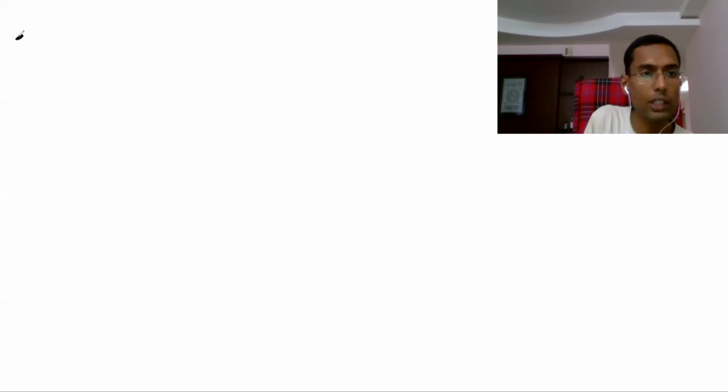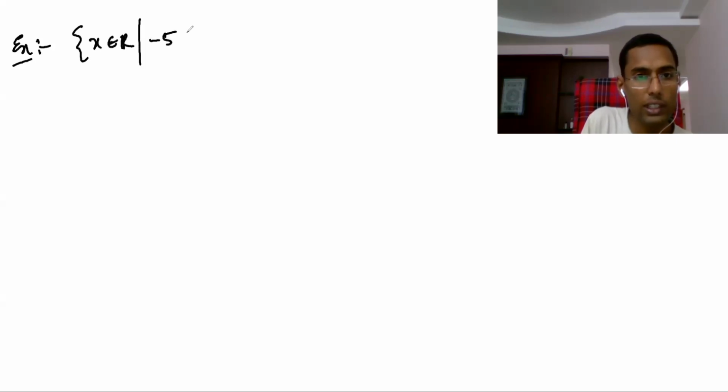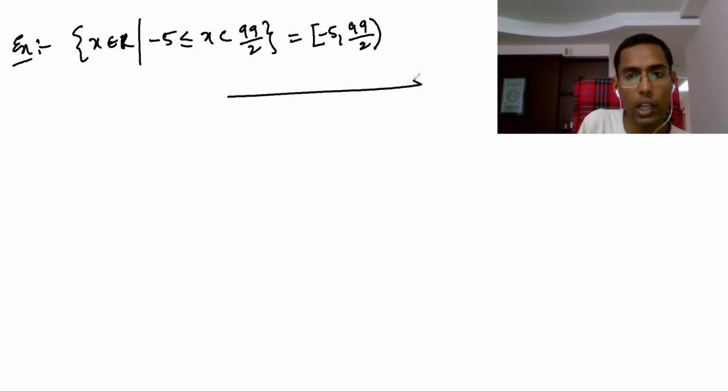For example, if I write x is a real number such that -5 is less than or equal to x, less than 99/2. What is this interval? Very clearly, this is from -5 to 99/2, excluding 99/2. How do you show this on the real number line? -5, maybe this is 0 somewhere here, and then this is 99/2.